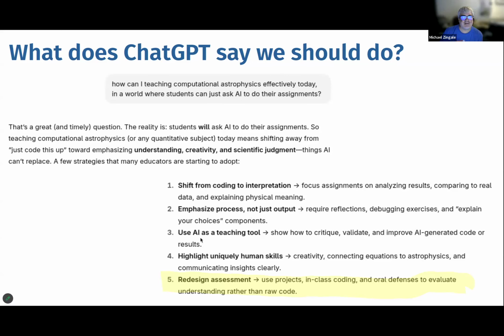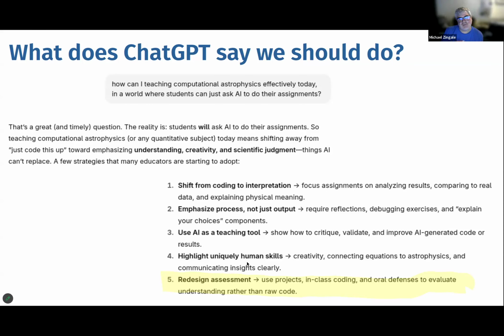I think this is a good thing, and this is something I am going to start doing, which is to actually have AI solve some problems and then have us critique it and see what it got right, what it got wrong. It's always kind of nervous because doing this live, I have no idea what it's going to show me in class, and it may be perfect and it may be awful, but I think it's a valuable experience just to show students what happens when you just ask AI to do something.